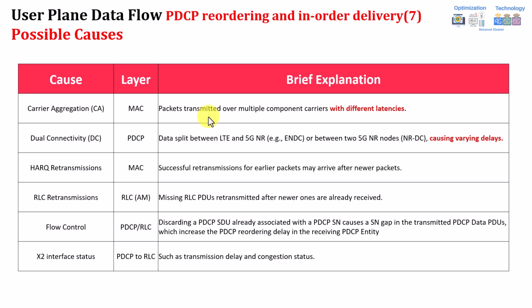Again, dual connectivity, as we discussed before, is the same concept: 4G leg and 5G leg, maybe one of them having a problem, so this can also cause variation in the delay. And RLC and HARQ retransmission in general: with bad radio condition, you will have a packet lost in the air interface, and the retransmission takes time until it's received by the receiver, so this will cause a sequence gap.